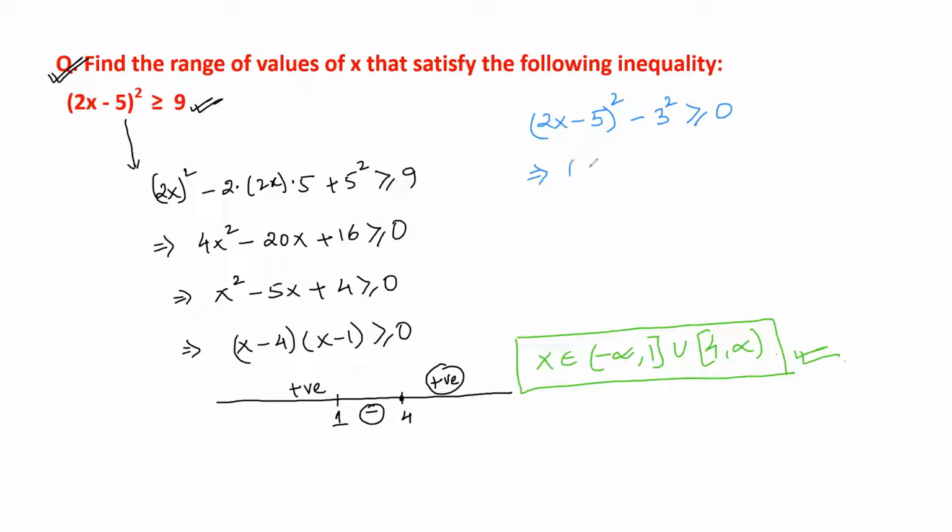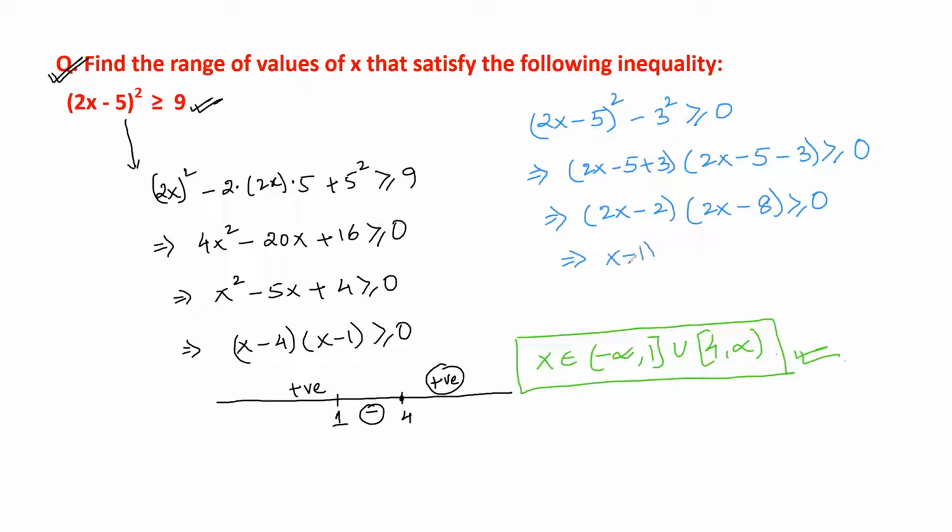So this can be written as (2x minus 5 plus 3) and (2x minus 5 minus 3), and this would be greater than or equal to 0. If we simplify this, this would be (2x minus 2) and (2x minus 8) greater than or equal to 0. Now we can take 2 common from the 2x minus 2 factor and 2 common again from the 2x minus 8 factor. In that case, this would be (x minus 1) times (x minus 4)